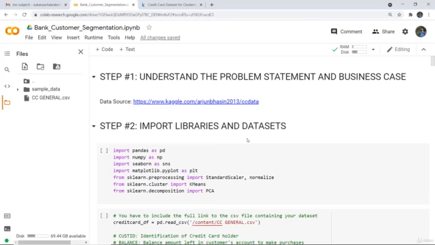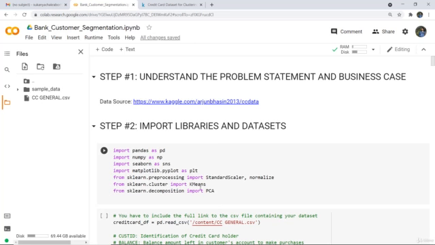Next, what we have done is imported several libraries. Firstly, I have imported pandas as pd, NumPy as np, Seaborn as sns. Seaborn we are using along with Matplotlib to plot several graphs. From sklearn preprocessing, we have imported StandardScaler and Normalize. This we will see later on. Just think that this is just a library which we have imported now. When we discuss preprocessing and the code, then we will see the use of it.